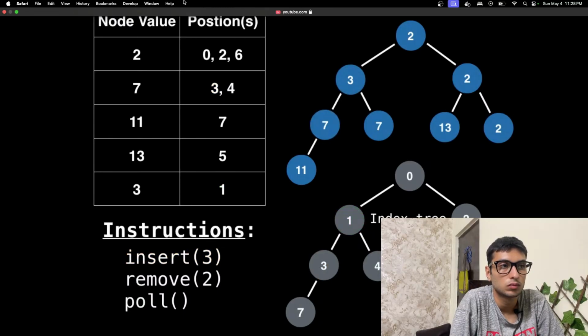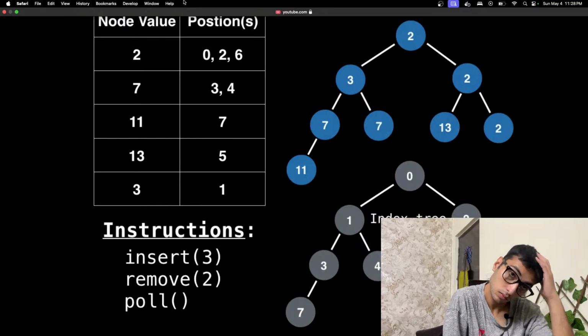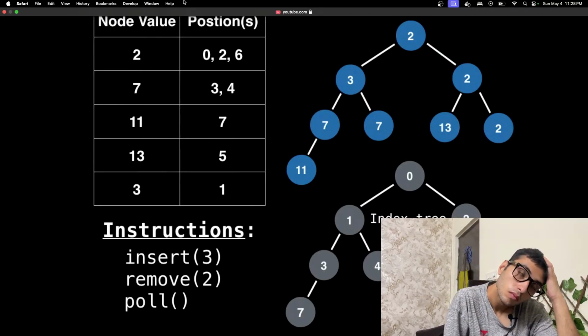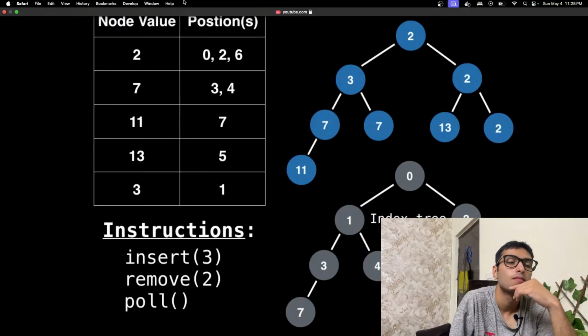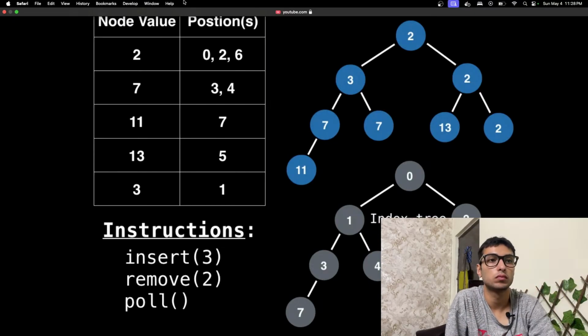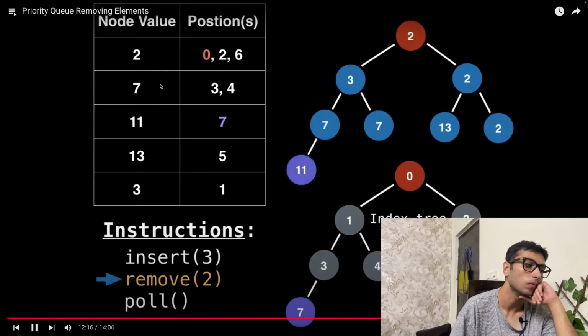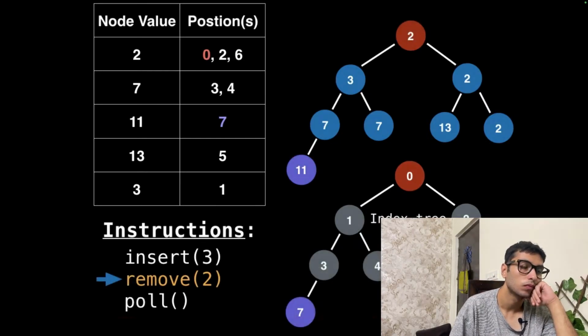The next instruction is to remove 2 from the heap. So which 2 should we remove? Well, as I said, it doesn't matter as long as we satisfy the heap invariant in the end. If we remove the last 2, we can immediately satisfy the heap invariant with one swap. But for learning purposes, I'll simply remove the first one found in our set, which happens to be located at index 0. So we want to remove the 2 at position 0. So how do we remove a node again? We did a lookup, so we didn't have to do that linear scan, which was nice. And now we swap it with the last node, which happens to be 11. We remove the last node.